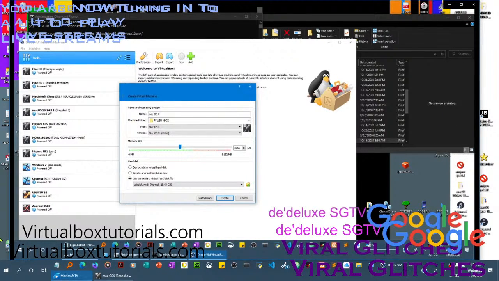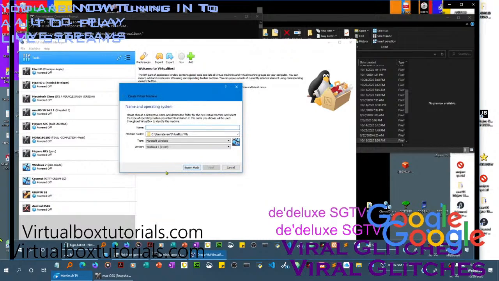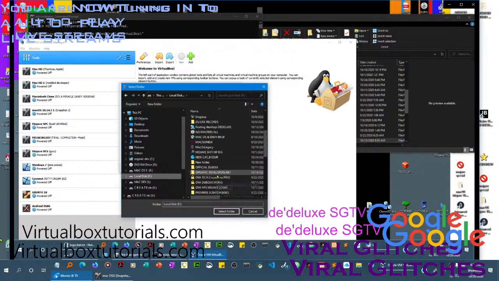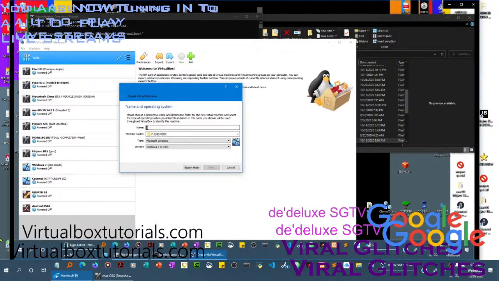And then what we do is use a virtual hard disk, USB. Oh, let's do guided mode. Other, F drive. It's going to be USB box, select folder. Still gonna name it that, right? And then you hit